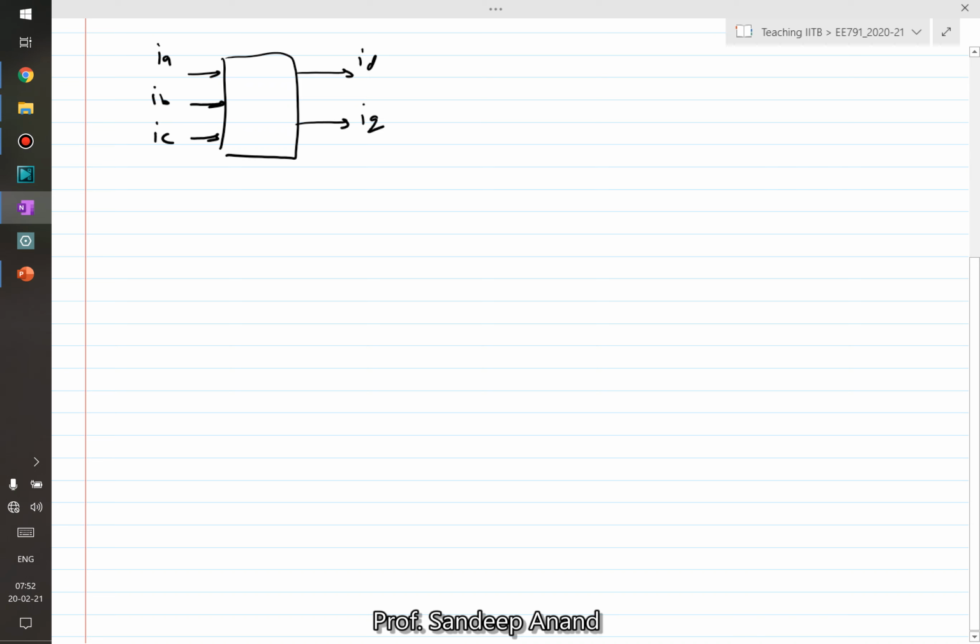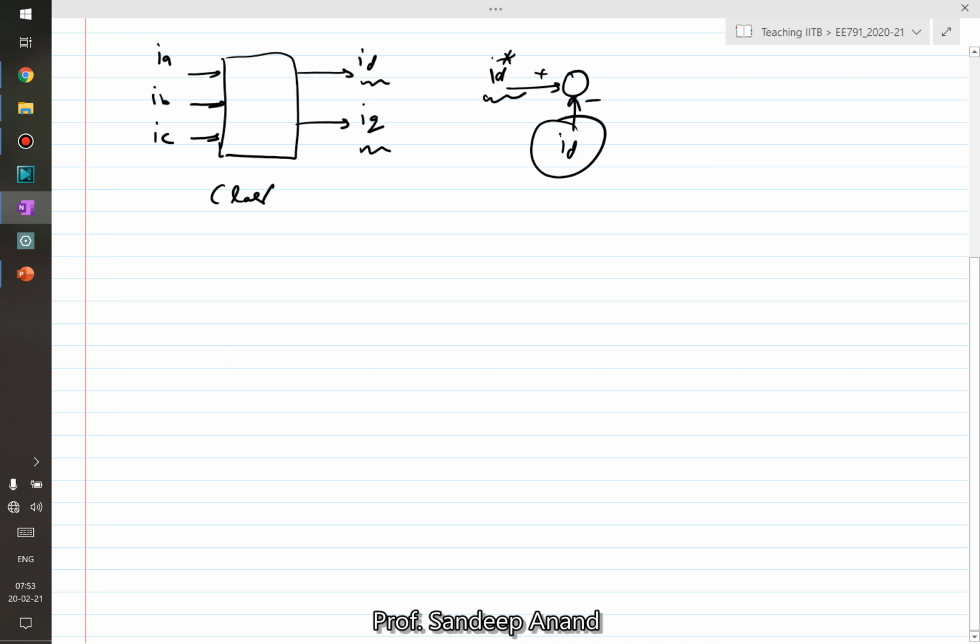into ID, IQ, right? So this was required because, if you remember, we had loops such as ID star getting compared to the actual ID, right? ID star we would derive from the other controllers, but you need actual ID feedback for the loop to work, and you get actual ID and actual IQ from IABC measurements, right? And then using Clarke and Park transformation.